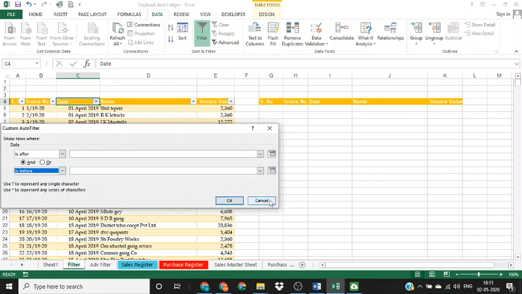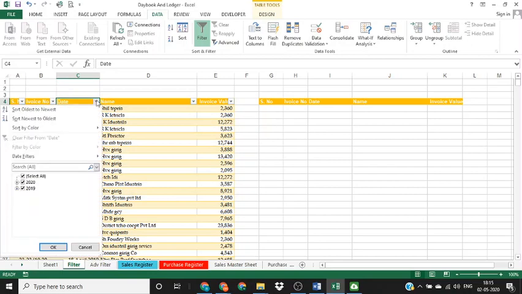So you will be getting all the invoices in that particular range of dates. And then there's one last filter option where you see a search box. You can type a particular date and it will give you the data for that particular date.